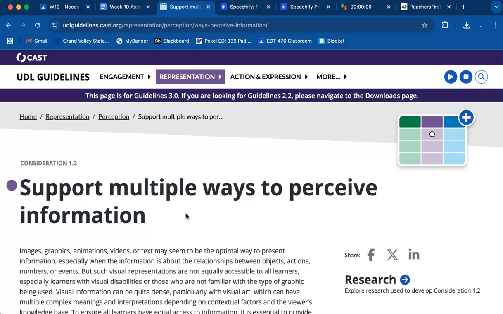1.1 is just a basic overview on how you need to provide multiple different ways for students to see and hear and view things. 1.2 is the one that I am going to focus on in this screencast presentation. And then 1.3 is about how you need different cultural representations and things like that in your classroom